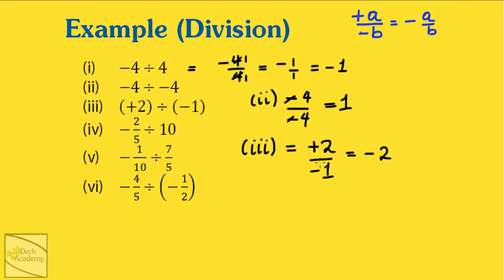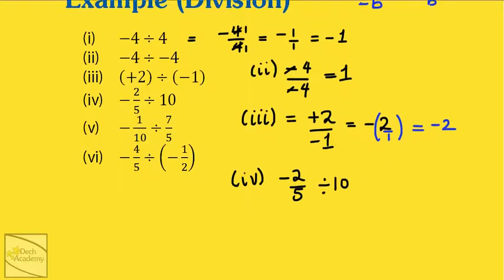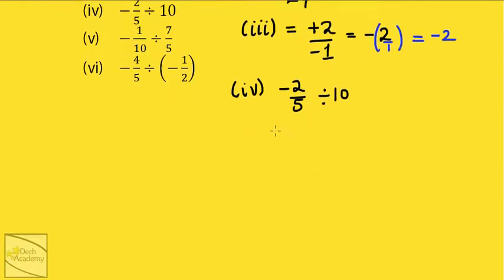We have plus 2 divided by minus 1. So I say plus divided by minus is minus, and then I have 2 over 1, which obviously is the same thing as 2. For part 4, it's minus 2 over 5 divided by 10. This can be rewritten. So minus 2 over 5 divided by 10 is the same thing as minus 2 over 5 times 1 over